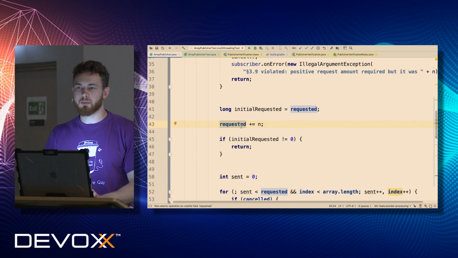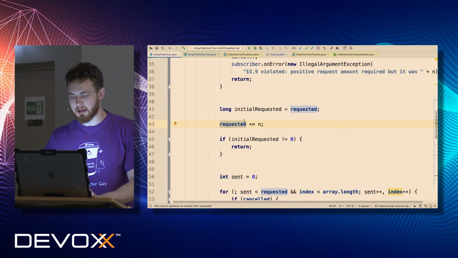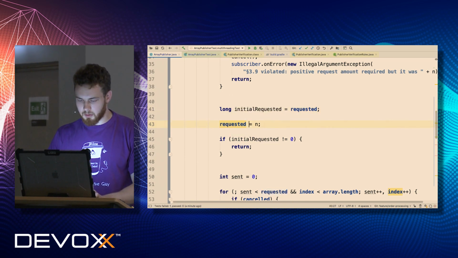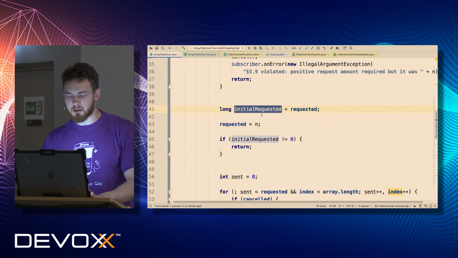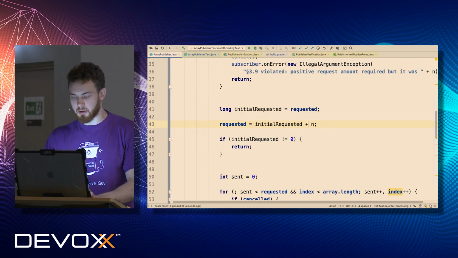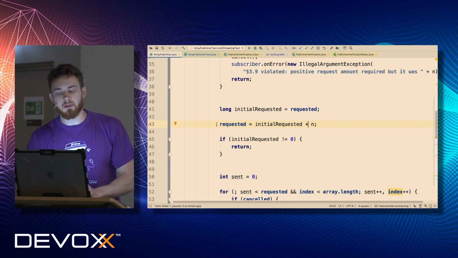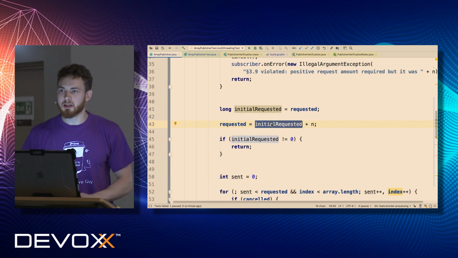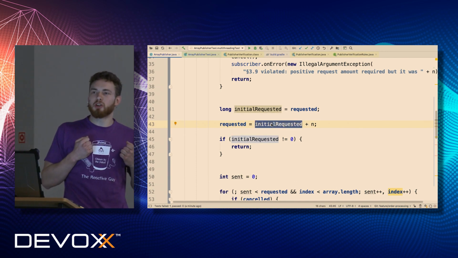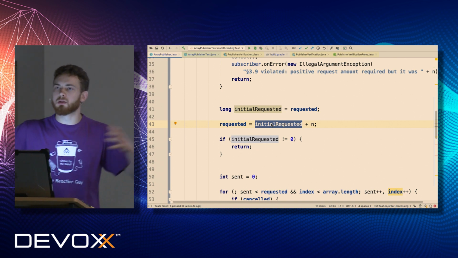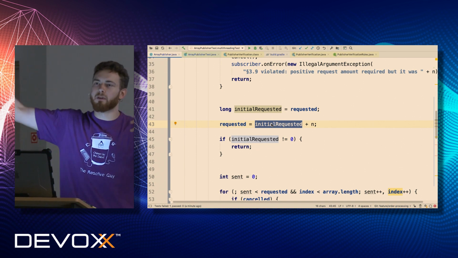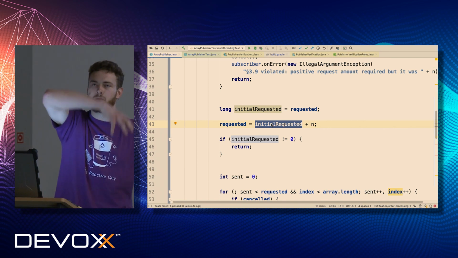Any idea? Because in fact, this request could be rewritten like this, and this would be an absolutely correct way to rewrite it. Basically, we get the initial state, then we add something new to the initial state and write it back to the field.